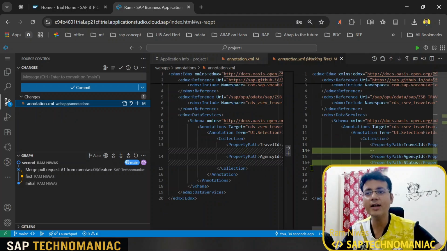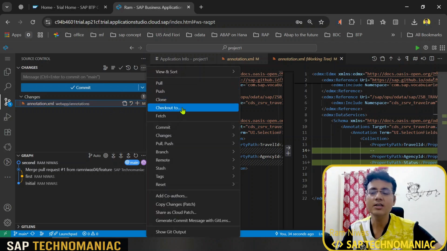If you remember from my last video, I just pulled the changes in the main branch from the Git remote repository to the local repository. I pulled the changes, but I didn't commit them yet. So you can see there are two lines I have changed, but I didn't commit them yet. If I use commit here, it will work only for the staged changes. So if I go and try to commit,